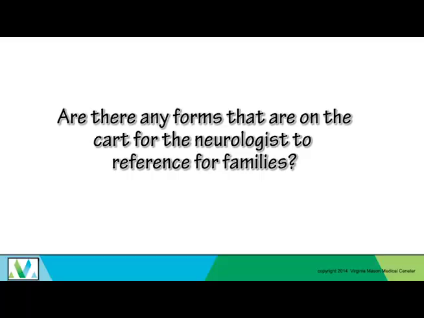Again, any questions or comments or thoughts? Are there any forms on the carts for the neurologist to reference for families? There will be some. Mostly what we would talk about is inclusion-exclusion criteria, and that's a provider-to-provider discussion. But if the family says, we want the clot buster, then we have the